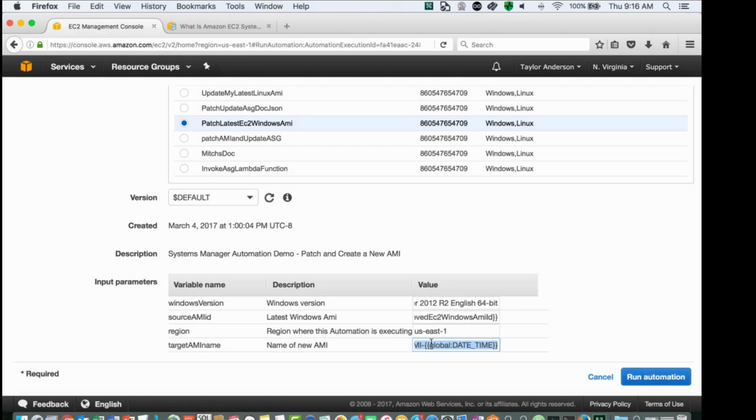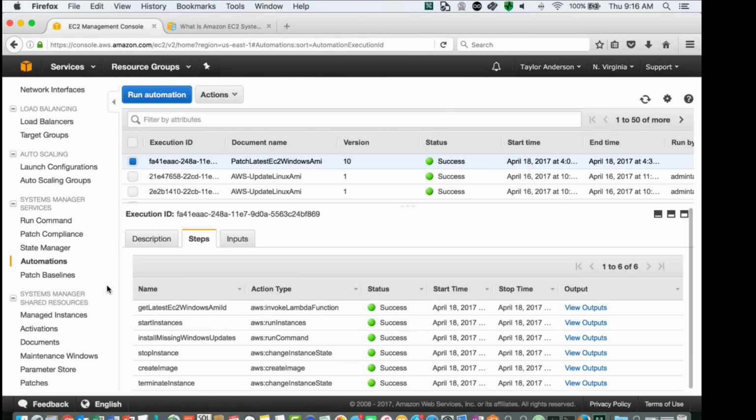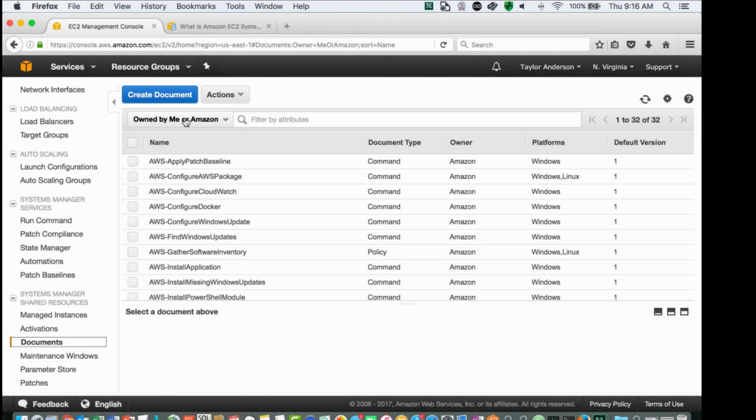So just briefly to drill down a little bit more on documents, because that's really behind the scenes how we define the workflow here. And there are a couple of different document types within Systems Manager. We have a document type for automation. We also have one for run command as well. If I were to go into documents, and click on documents owned by me, and then click on patch latest EC2 Windows AMI and click on content, we can actually see what goes into